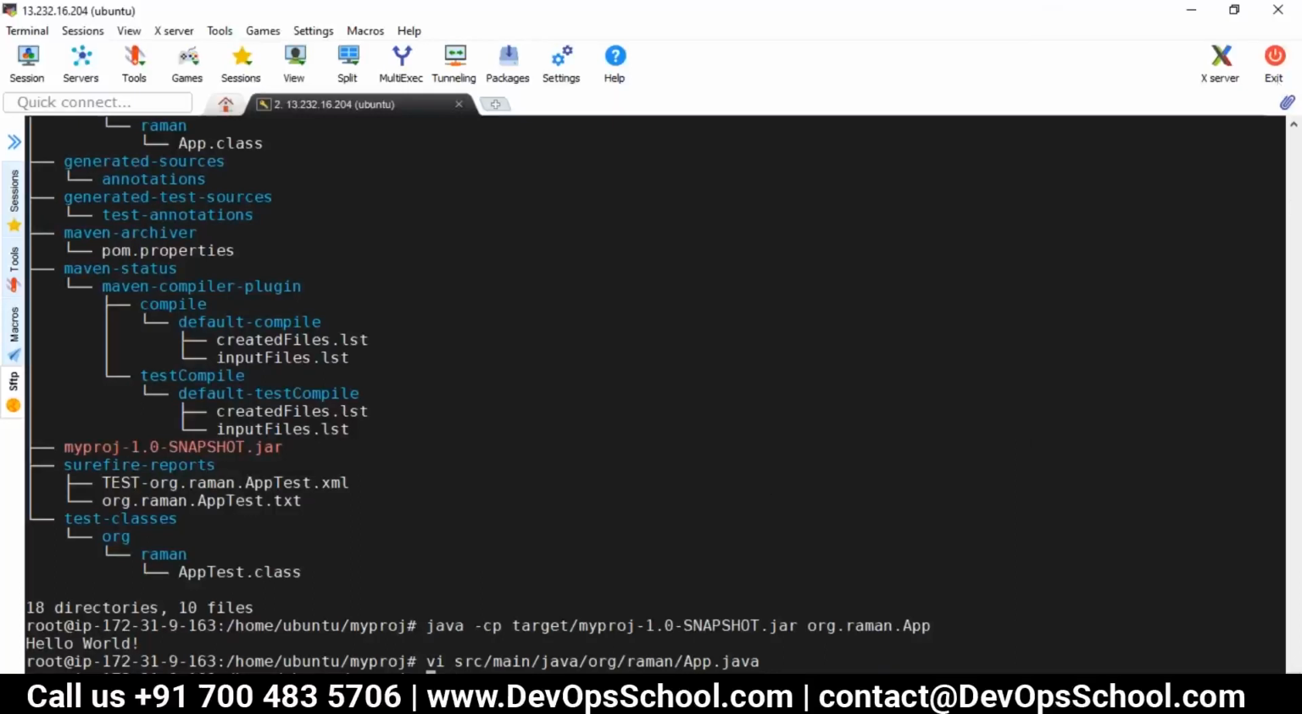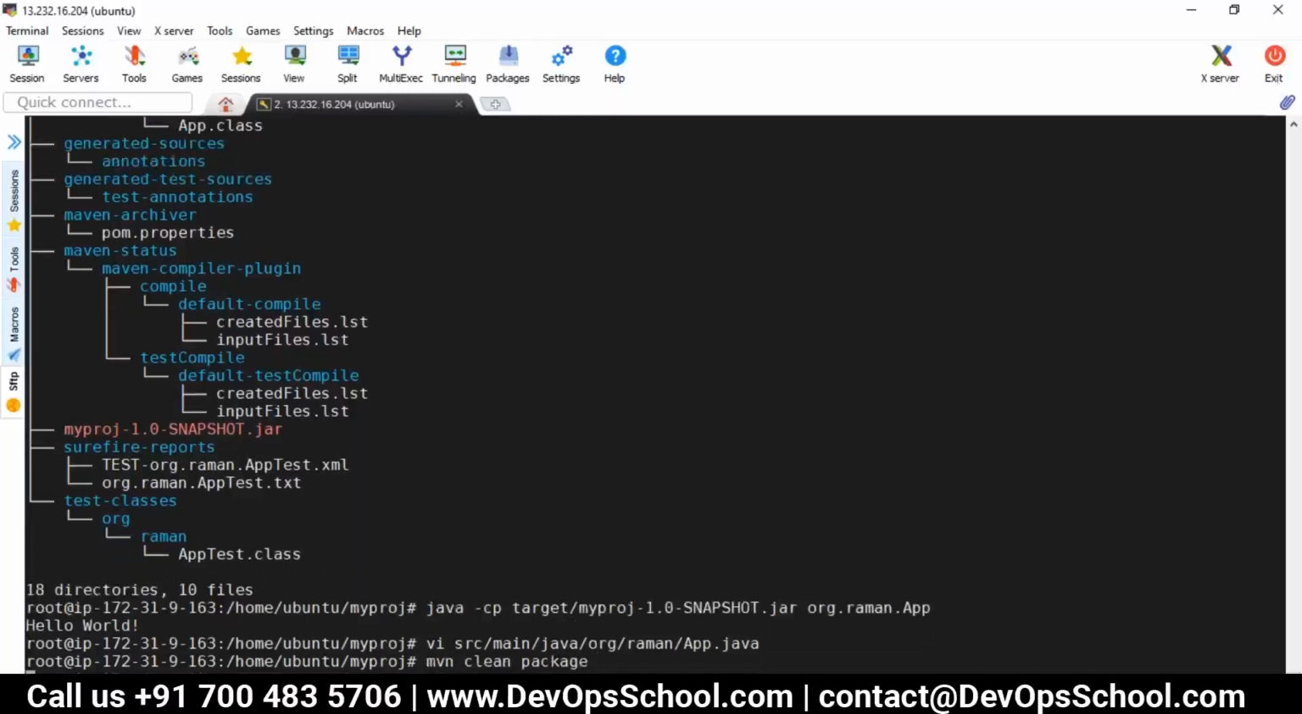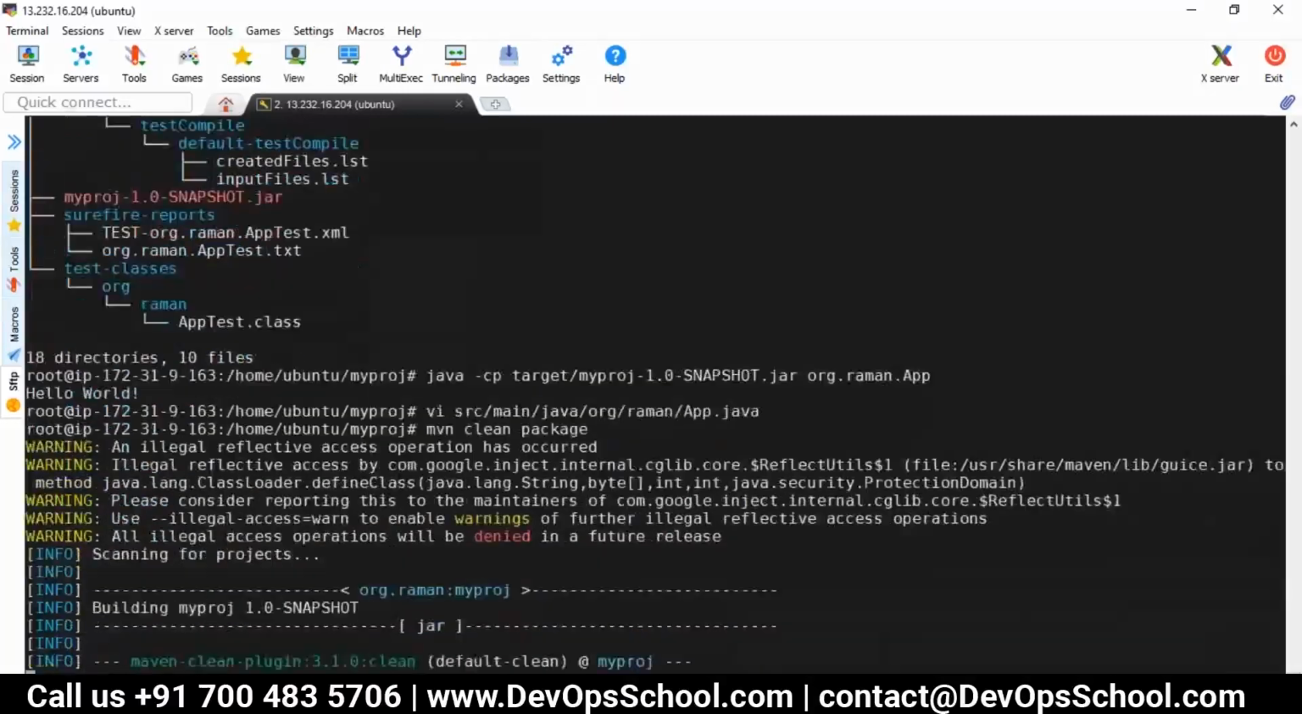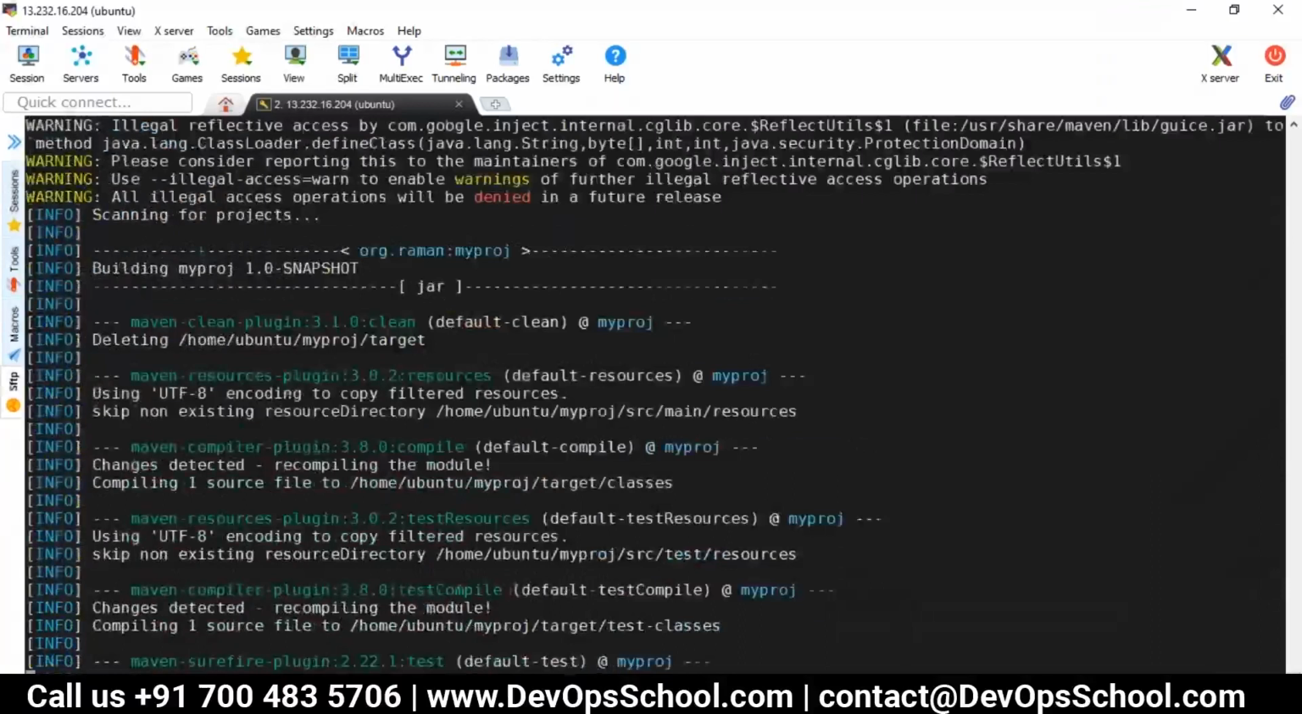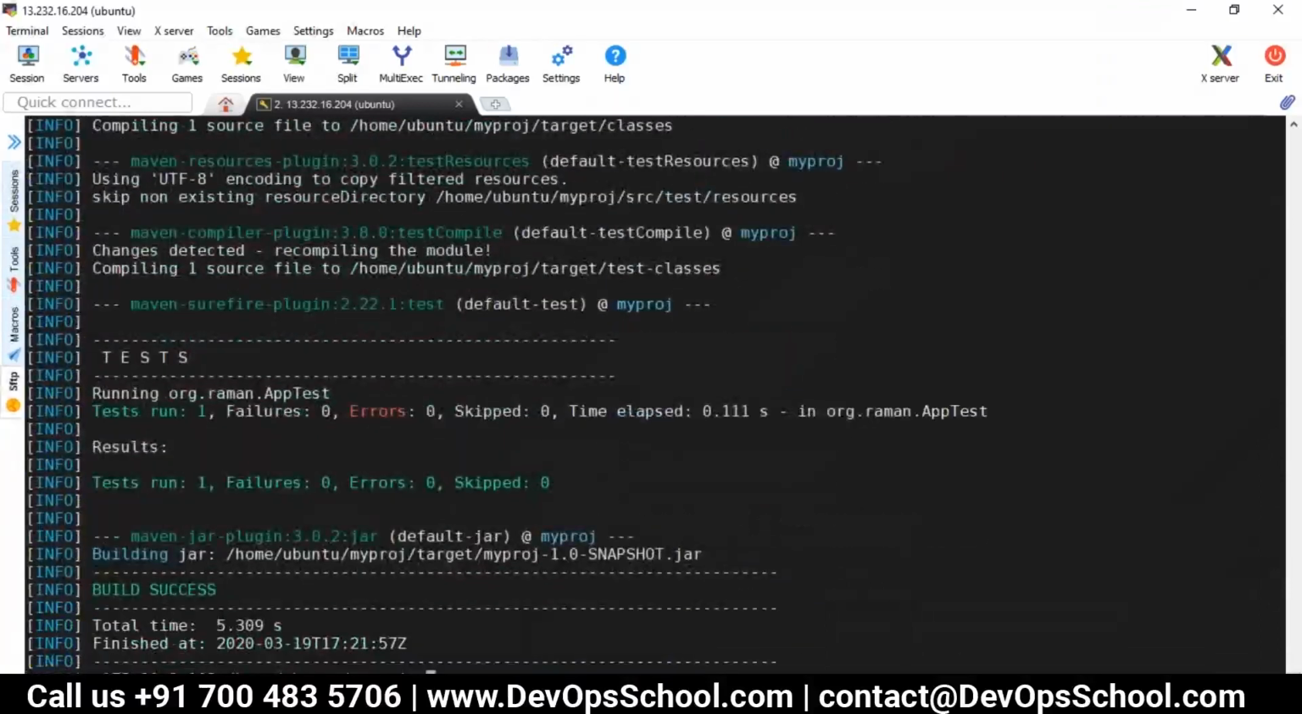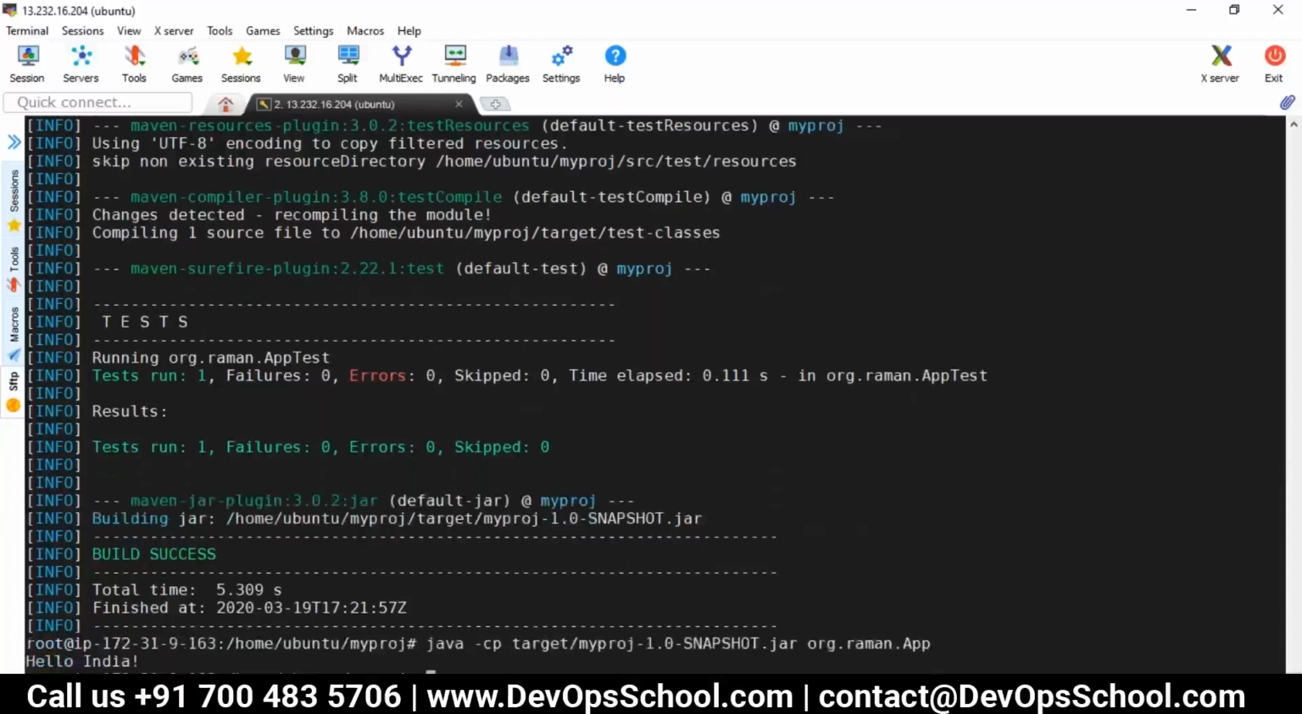So if I say mvn clean, first it will clean the folder and then package. Okay, and now if I run the command again, you will find the output is hello India. So it means my package which I have used, I can use it here. Right? Now,